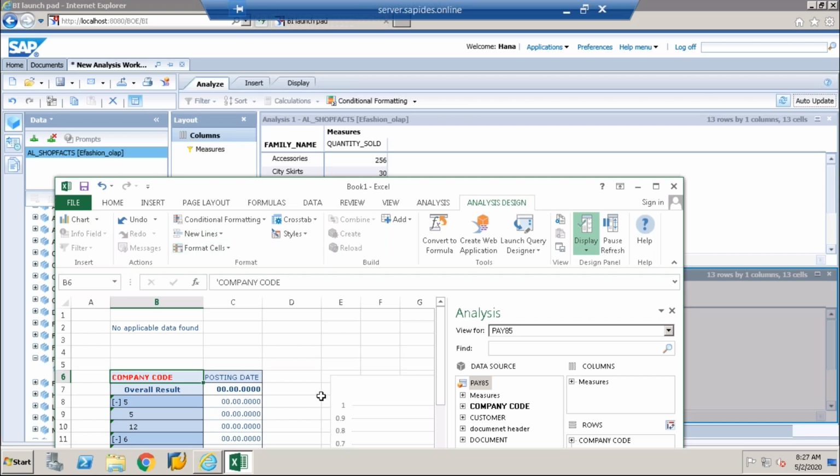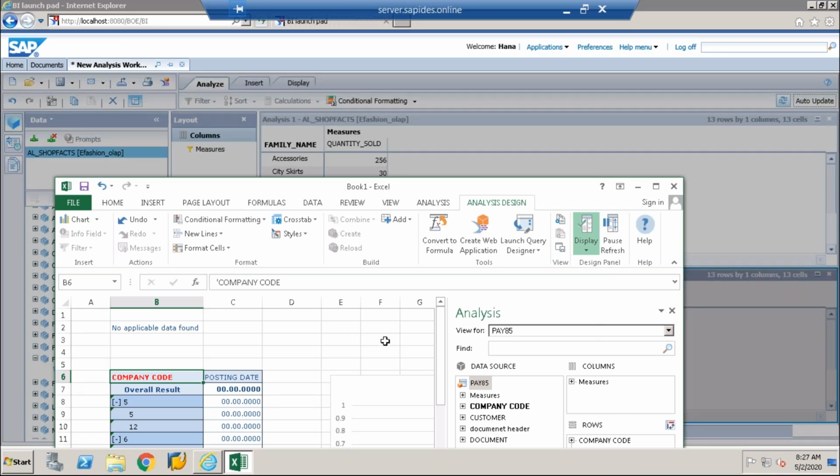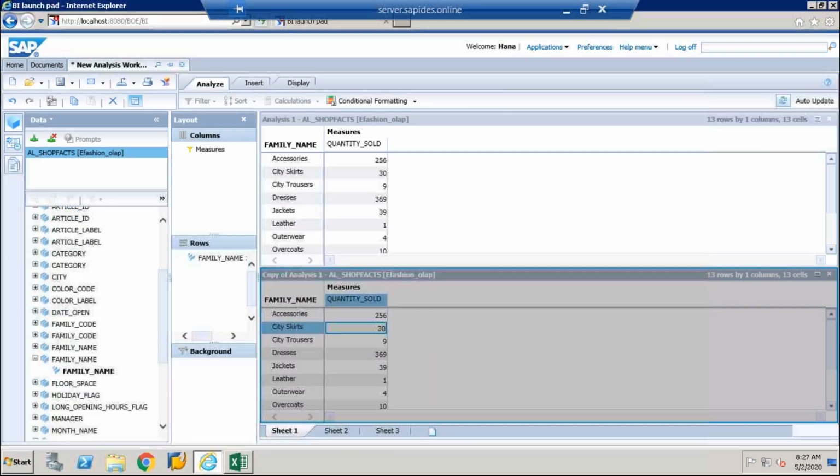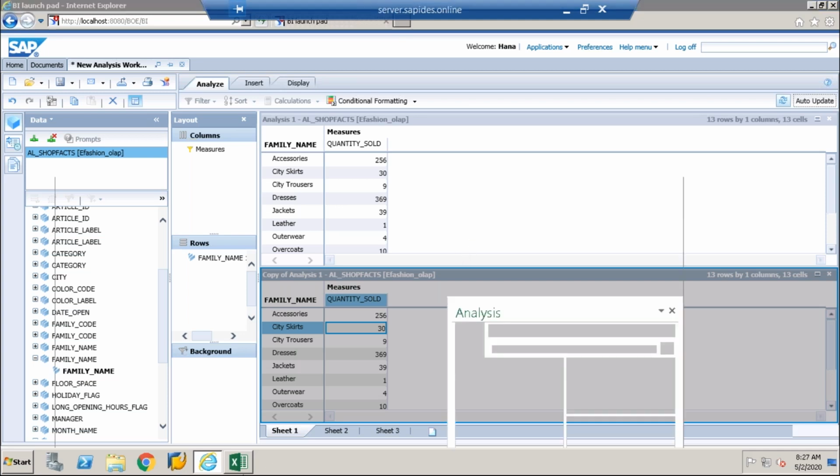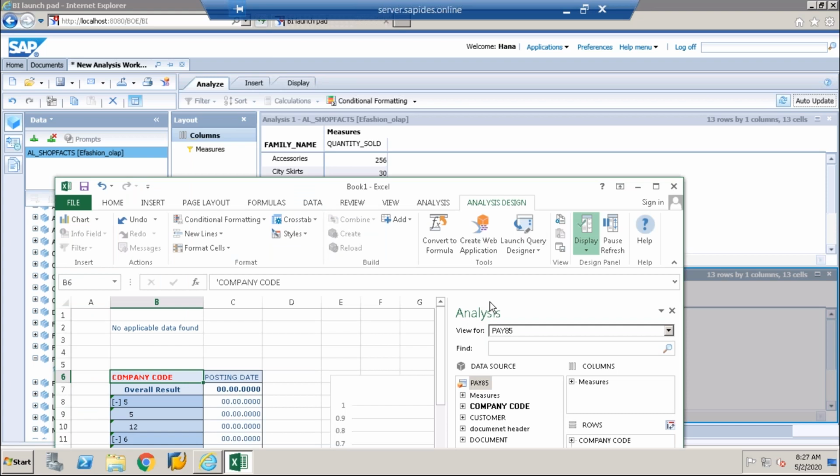And from here I can do this. The difference is it depends on what the client needs. If the client is always familiar with the Excel sheet, we just do the Excel sheet and save the data over there. If the client is using all of BI Launchpad, we use BI Launchpad. But if you need more functionality, we go with the Excel integration. Okay, got it. We'll see this later on.